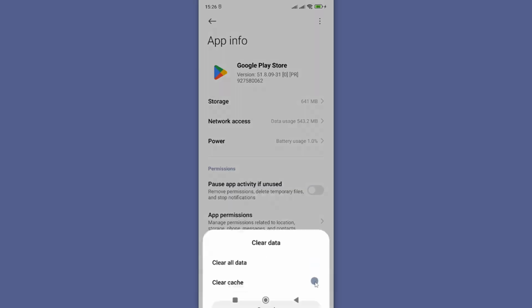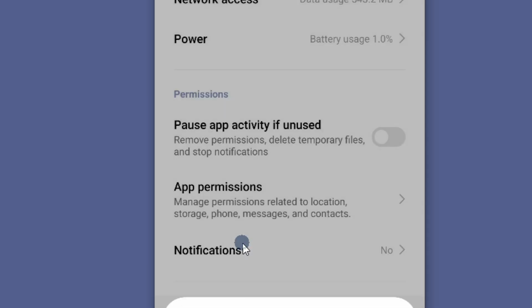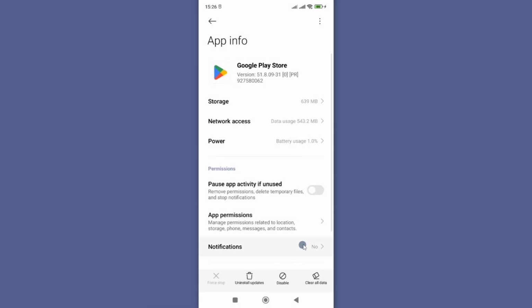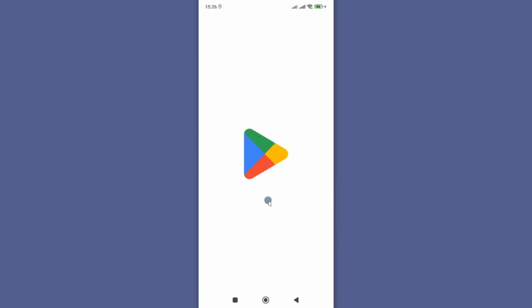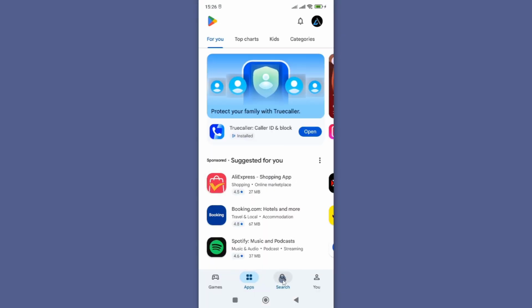Then go to clear data and choose clear cache. Finally, confirm by clicking on OK. Now you need to restart your smartphone, and once you're done, now go to Play Store and activate search, then